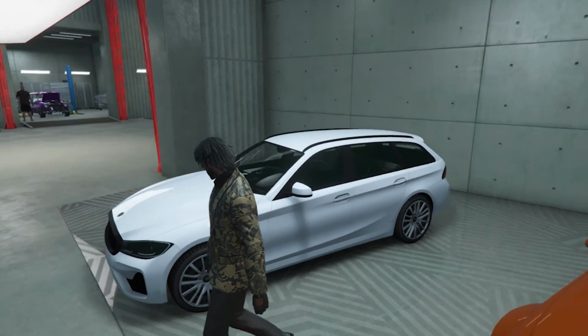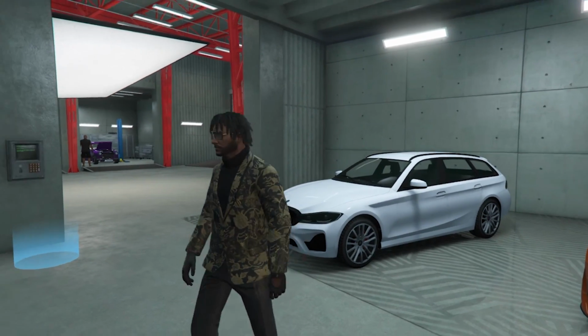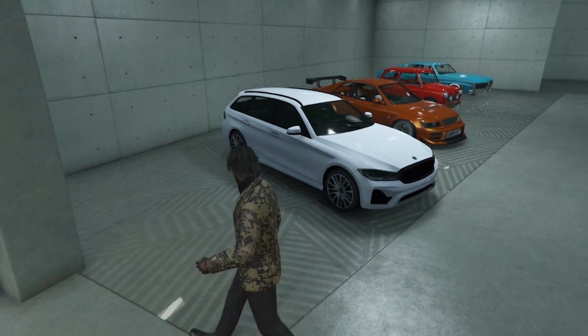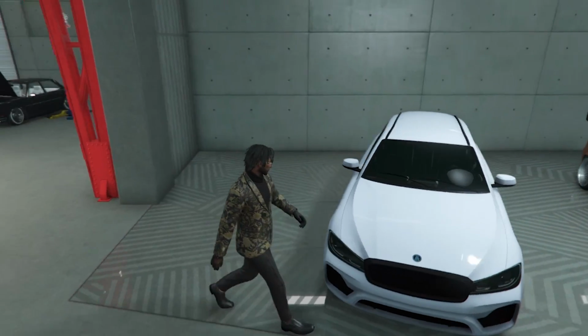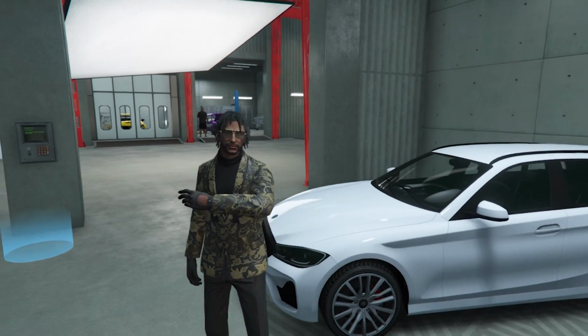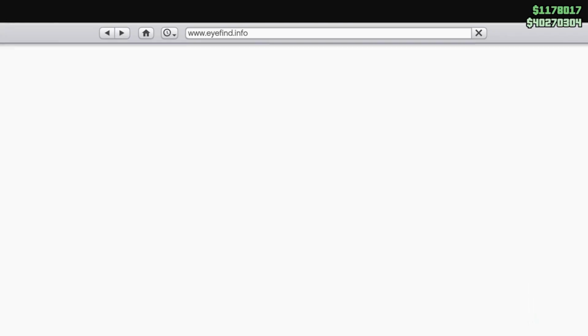The new Übermacht Rhinehart was released today as part of the GTA Online drip feed, and in today's video I'm going to be showing you all of the customization options the car has and how the car handles on the road so you can know if it's worth buying. Now it's based on the BMW M5 Touring, and if you'd like to buy one you can visit the Southern San Andreas website where you can pick one up for